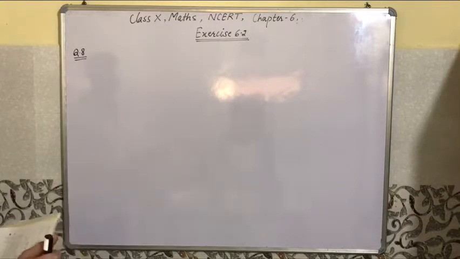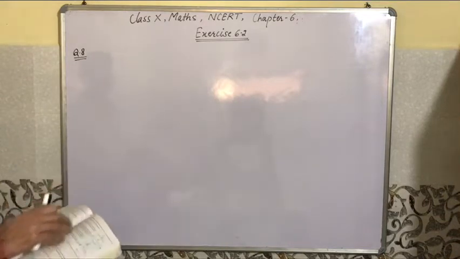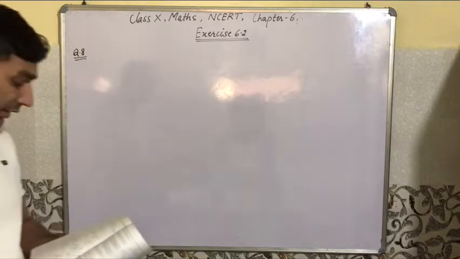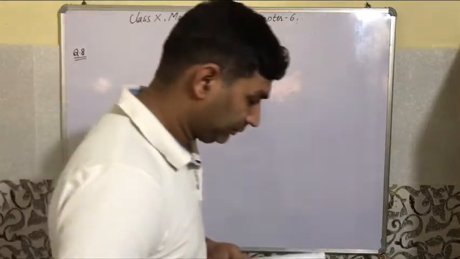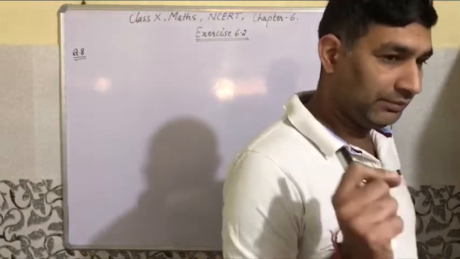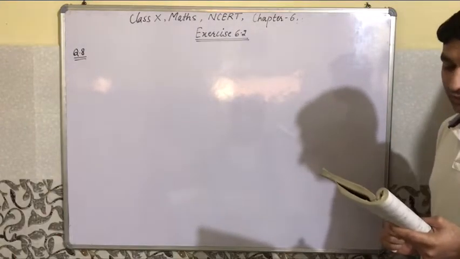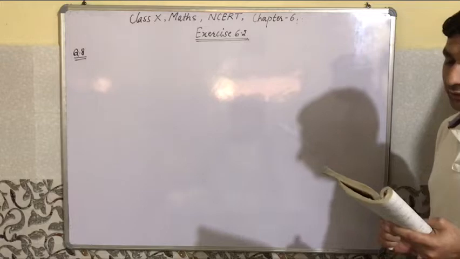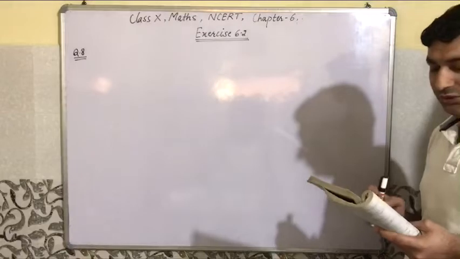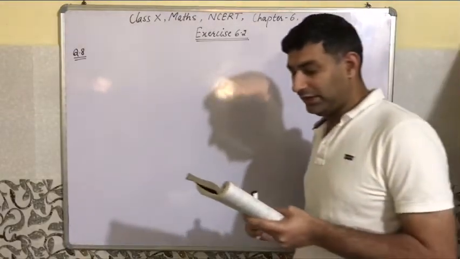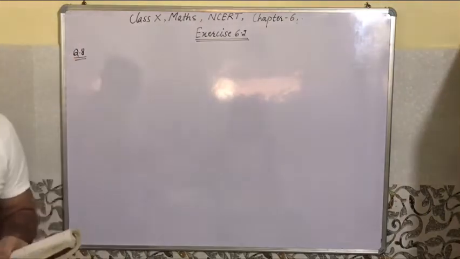Questions 1 to 7 we already discussed in the previous lecture, and now question number 8. Question number 8 uses theorem 6.2, which is the converse of the basic proportionality theorem. Prove that the line joining the midpoints of any two sides of a triangle is parallel to the third side. Using theorem 6.2, prove that the line joining the midpoints of any two sides of a triangle is parallel to